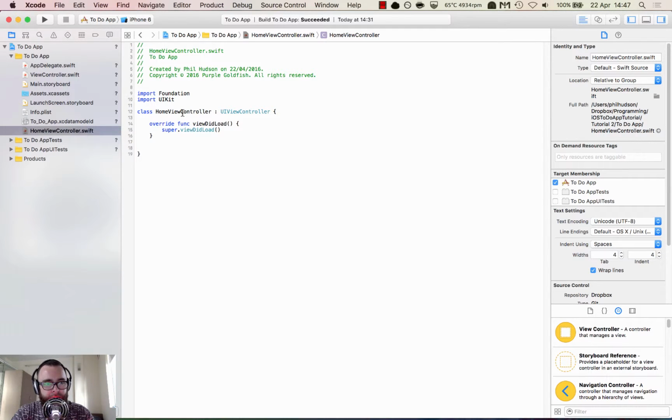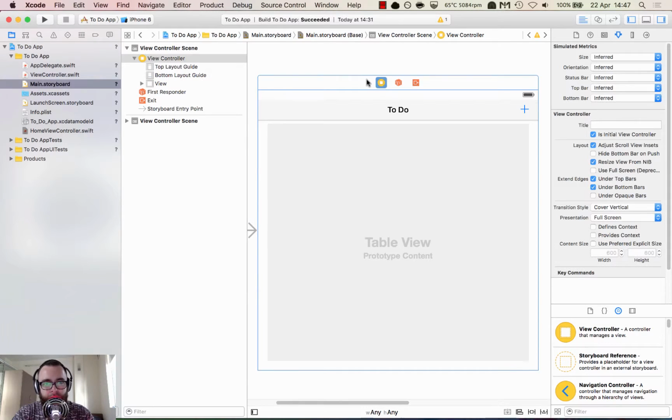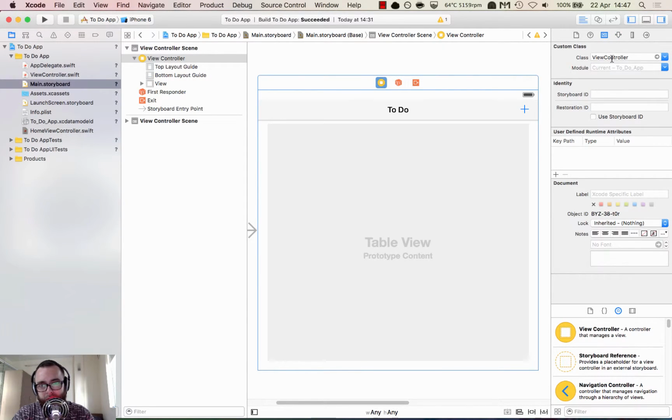What we now need to do is link it to our UI component in our storyboard. So we're going to copy the class name, click on the view controller, and come over to the identity inspector, where it says class, it says view controller. We're going to delete that. We can either use the drop down here, but I prefer just pasting it, because it means that I get it right, especially when you're working with bigger projects. So HomeViewController. Then I'm also going to paste it into storyboard ID,